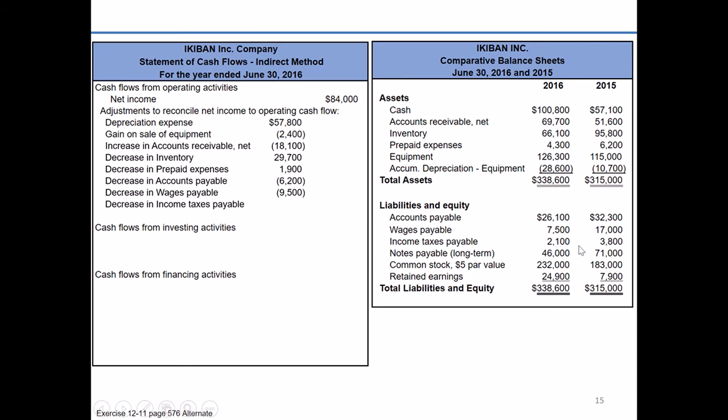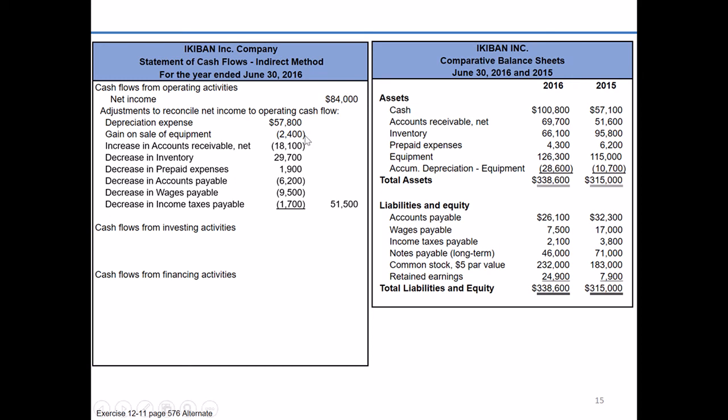It also is going to decrease from $3,800 in 2015 to $2,100 in 2016. That's going to be a $1,700 decrease, which again is going to be shown as a subtraction because it's a current liability. So if we go through here and just simply tally up all our adjustments, $57,800 for depreciation expense,